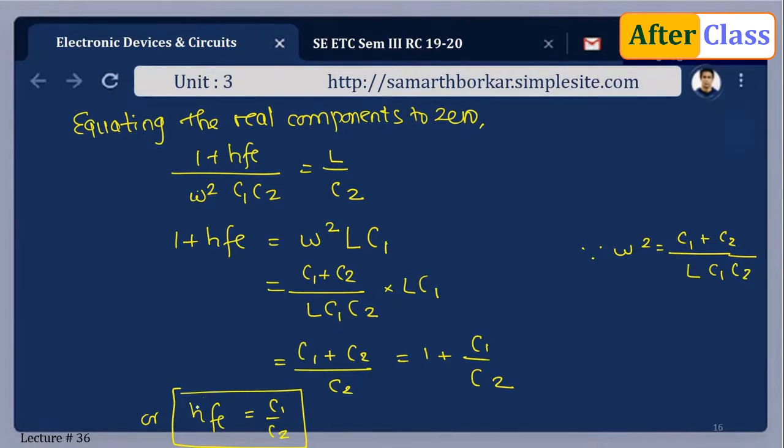So as for the oscillators, the loop gain must be greater than unity to ensure that the circuit oscillates. Barkhausen's criteria, just recollect. The first criteria was we have to have 360-degree phase shift, that is 0-degree phase shift, out of which one is provided by the transistor, another one is provided by the tank circuit. That condition is satisfied. The second condition is the product of A and B has to be equal to 1. Okay, and beta is as good as the hfe value, the current gain.